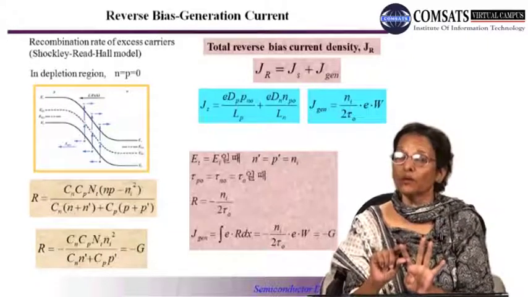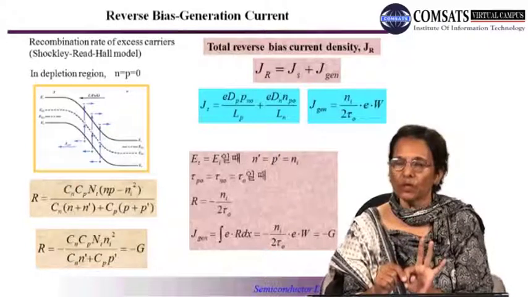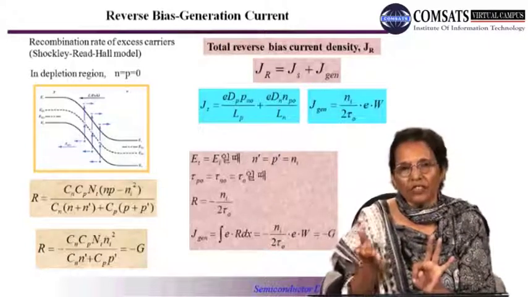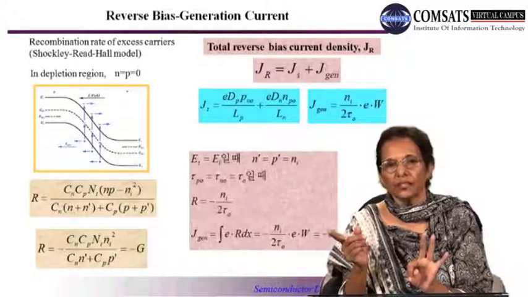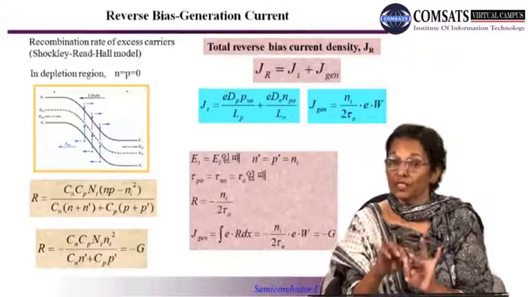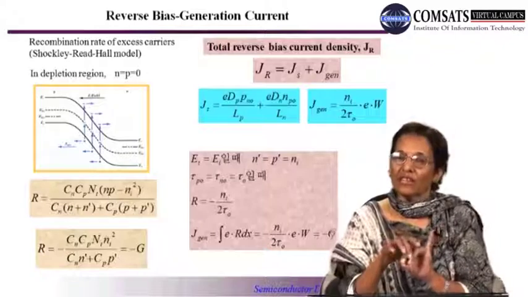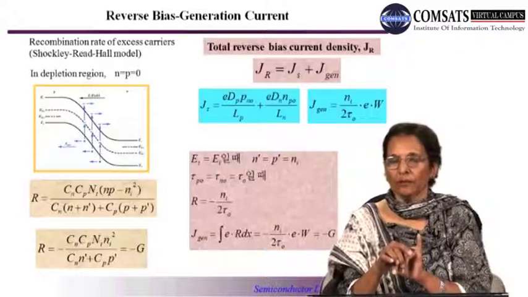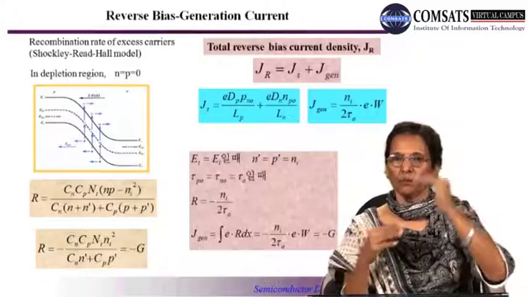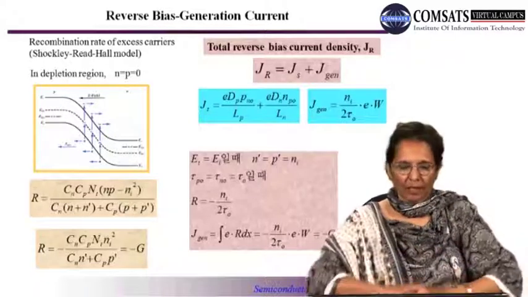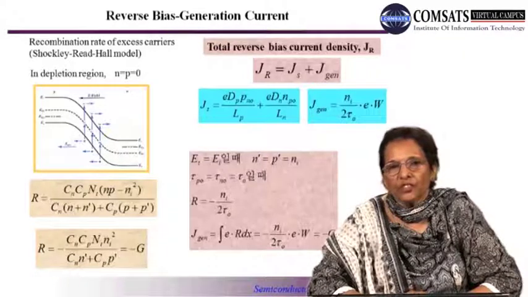increases the amount of total voltage appearing across the junction. So junction voltage now increases by an amount which is equal to applied reverse bias. The depletion region width increases, the electric field becomes stronger, and the band bending becomes very sharp, becomes very strong. तो आपके पास सिर्फ और सिर्फ अब जनरेशन करंट